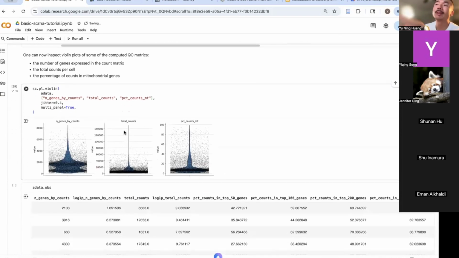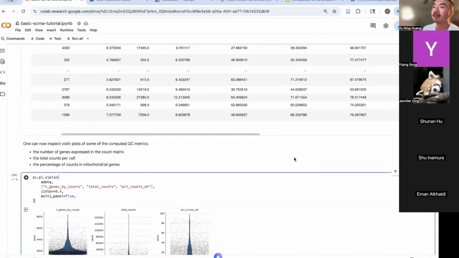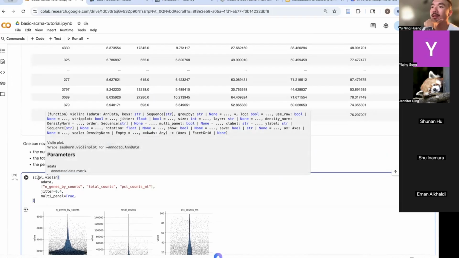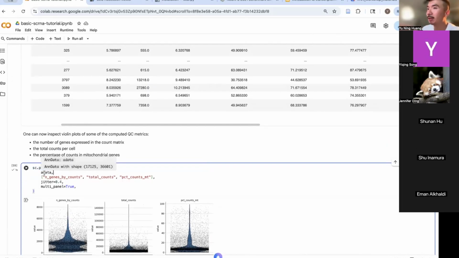So right now, I'm running the plotting functions in Scanpy. Scanpy can directly run the violin plot. The functions we're using are the sc.pl functions, and I'm using the violin function in this plotting toolkit of Scanpy. I'm just telling Scanpy what my single cell RNA-seq matrix is, which people tend to name adata. So I specify adata and then tell it which column I want to